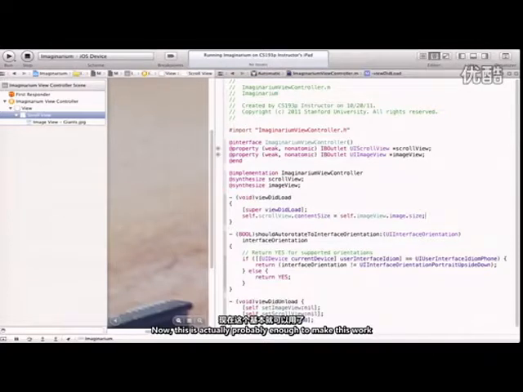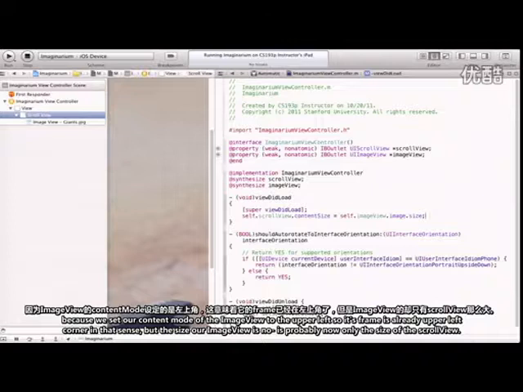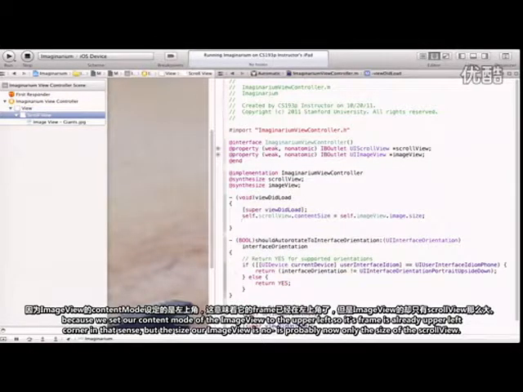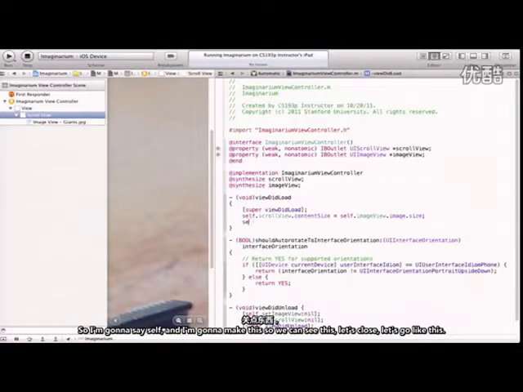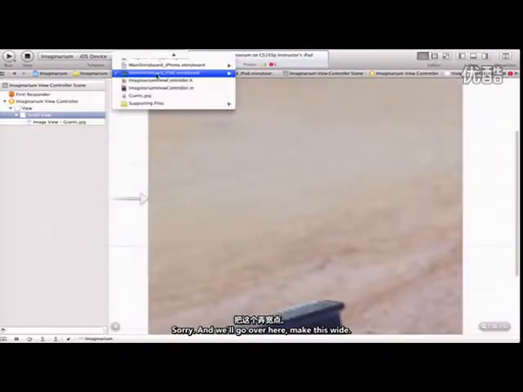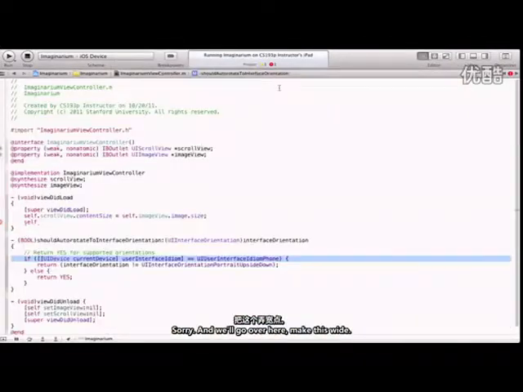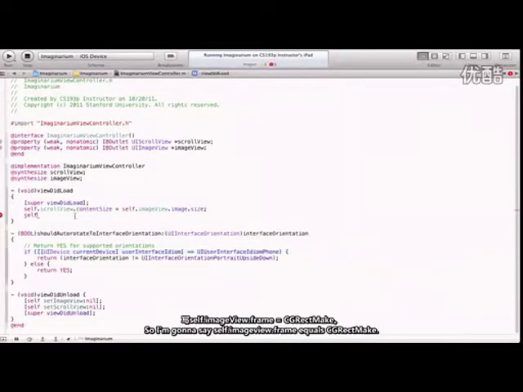Now, this is actually probably enough to make this work because we set our content mode of the image view to be upper left. So its frame is already upper left corner in that sense. But the size of our image view is probably now only the size of the scroll view. We want to set its frame to be the full size. So I'm going to say self. And I'm going to make this so we can see this. Let's go like this. Sorry. And we'll go over here, make this wide. So I'm going to say